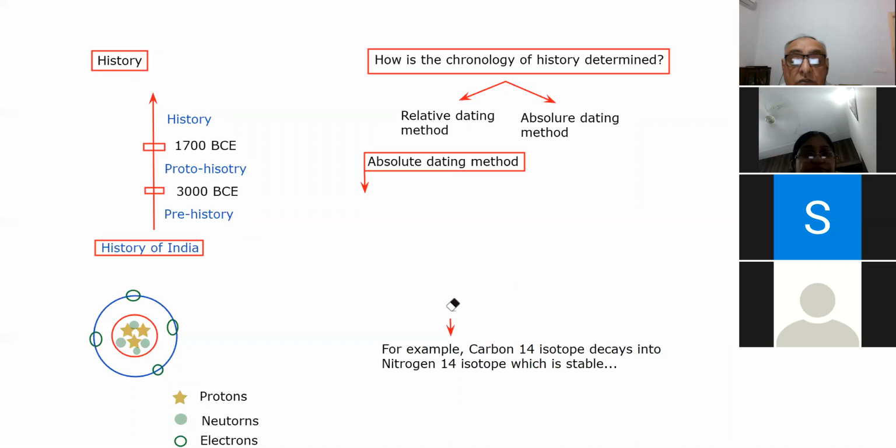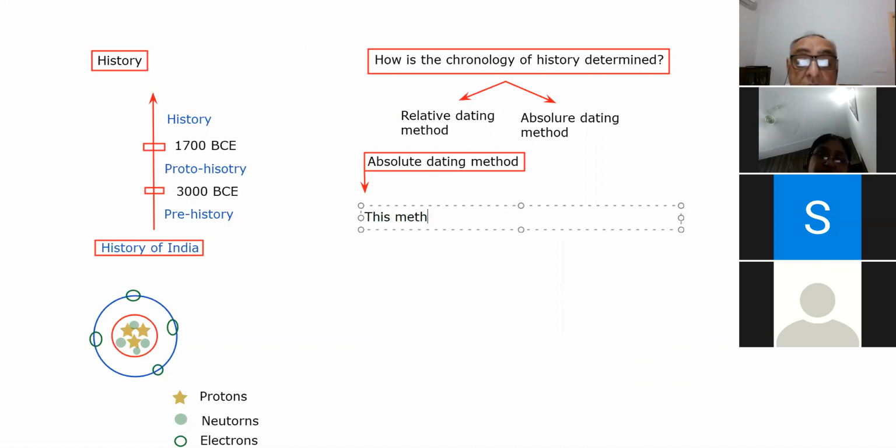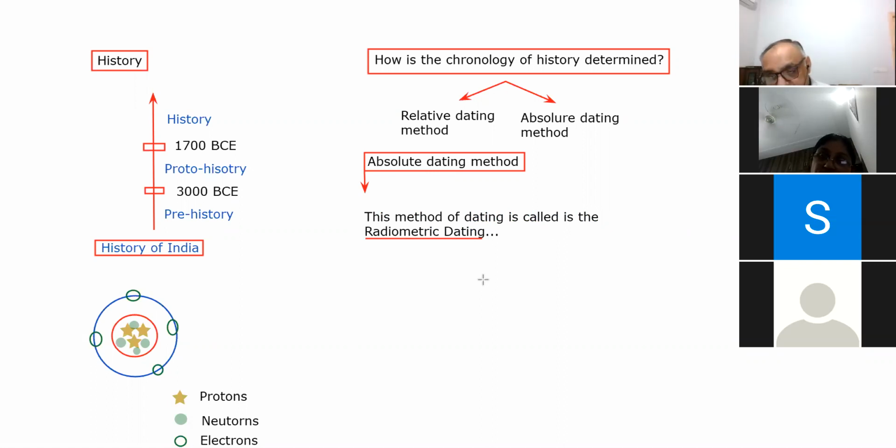Okay. So now the next thing I would write down: this method of dating is called radiometric dating. So we call this radiometric dating, and you should remember this. I have explained the mechanism of how it happens, so that you get clarity, build confidence, and feel motivated that this is how all this works.